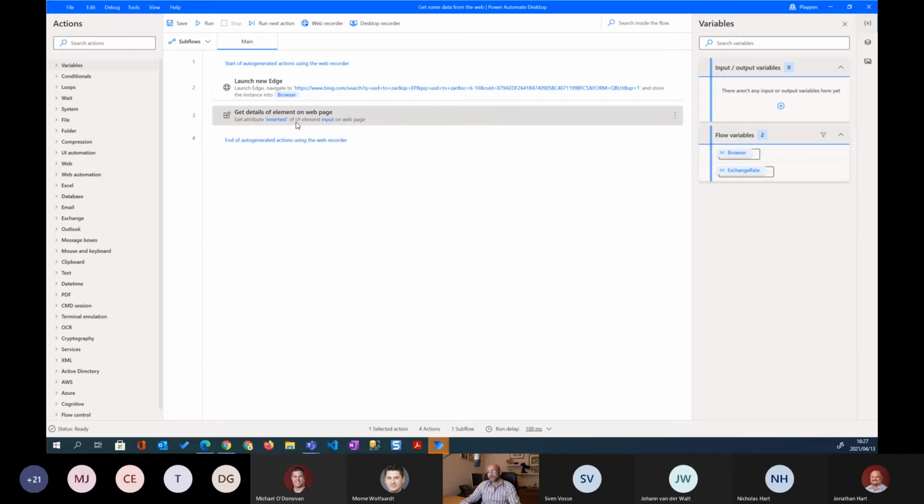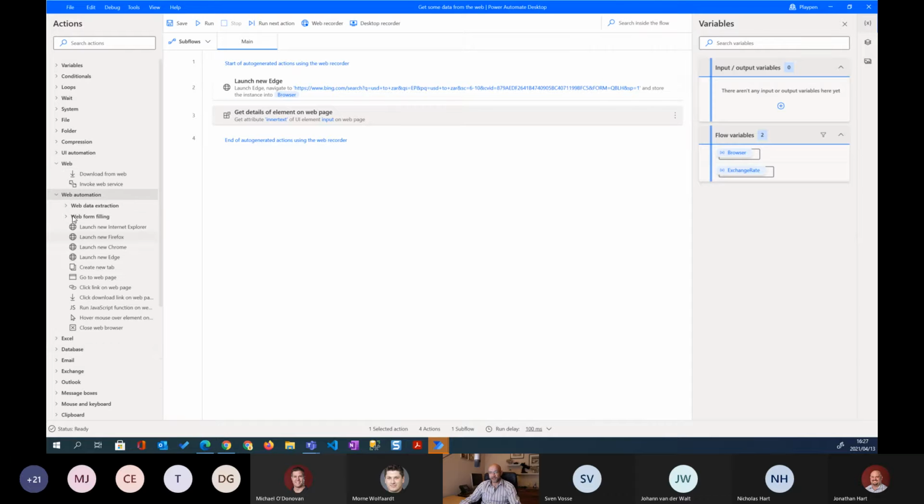Right, so at this stage, I'm going to show you a little bit more on the navigation. On the left-hand side, you've got hundreds of actions that you can perform. It's really an extensive list, and really a powerful list. In here, you can do conditional functions, you can do loops, you can trigger waits for certain periods, and you can directly call the web or any other automation action.